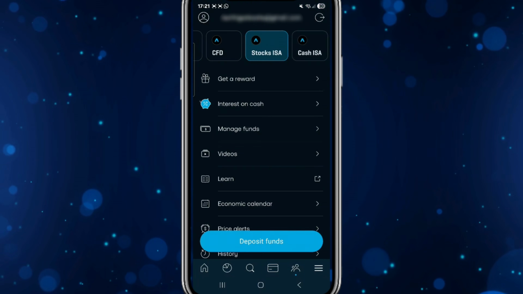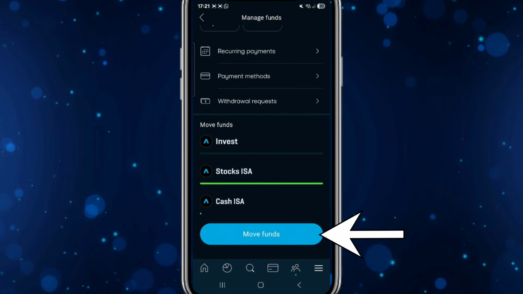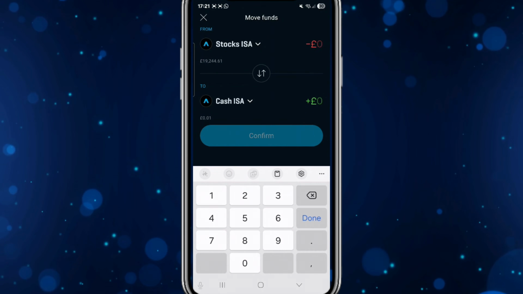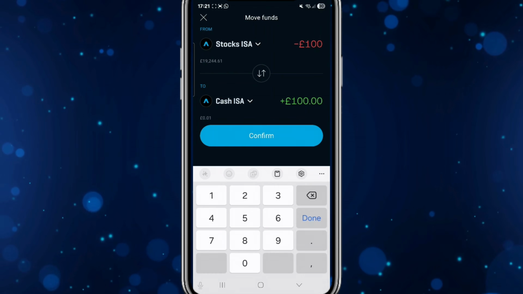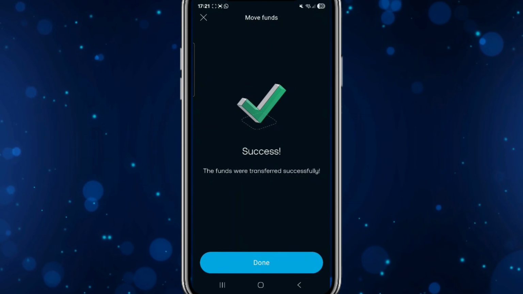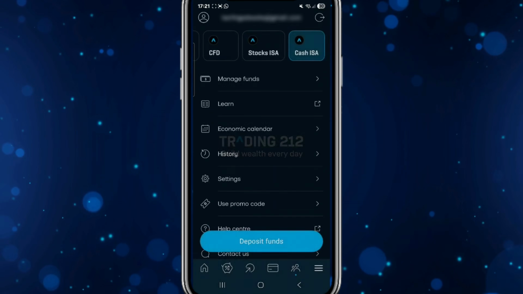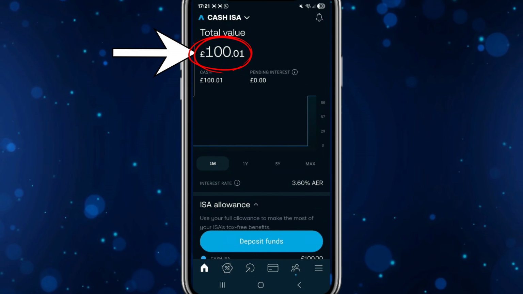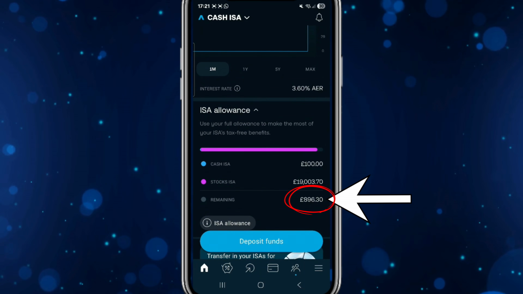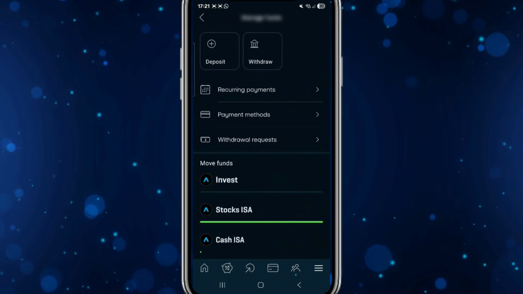If we hit the menu button and go to Manage Funds, you can see the big blue button saying Move Funds. Select this and you can move cash directly from your Stocks and Shares ISA over to your cash ISA with just a few clicks. To demo this, I'll move £100 over. Now, if we switch over to the cash ISA, you can see that £100 that I just moved over. And also note that it didn't affect my remaining allowance. I'll quickly move the £100 back into my Stocks and Shares ISA account, and I'll explain why in tip number